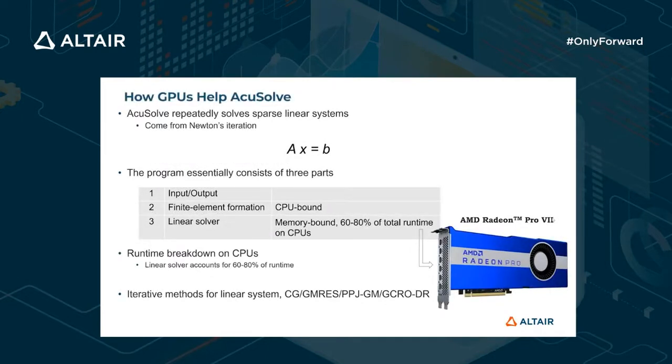Now let's examine AcuSolve's components. Almost every finite element code needs to repeatedly solve large-scale sparse linear systems, which come from Newton's iterations for solving a nonlinear algebraic equation. Right here, when I say large scale, we are talking about tens or hundreds of millions of degrees of freedom. So crudely speaking, AcuSolve consists of three parts: input-output, which is not our focus today;